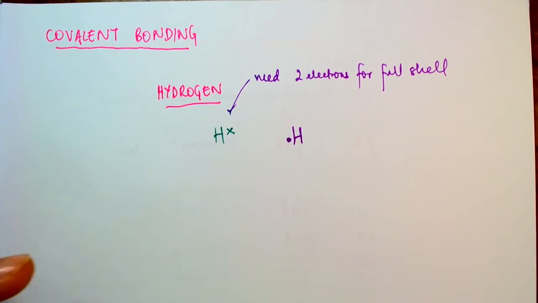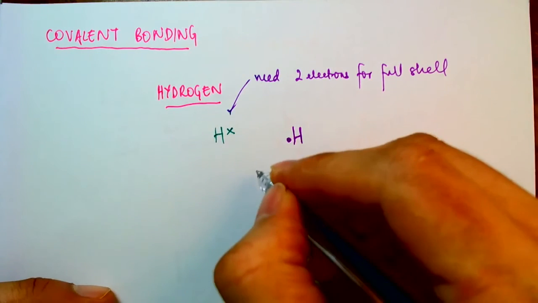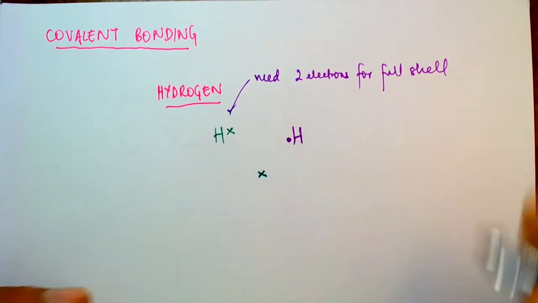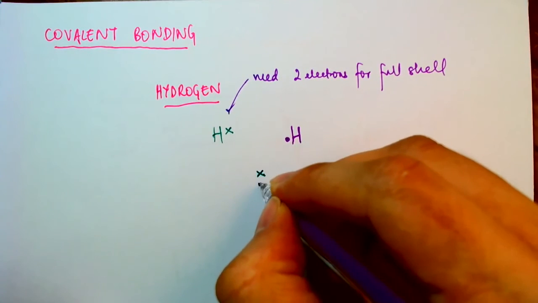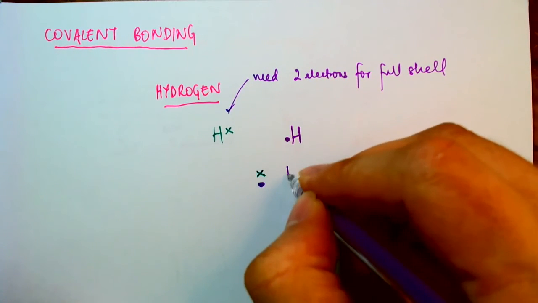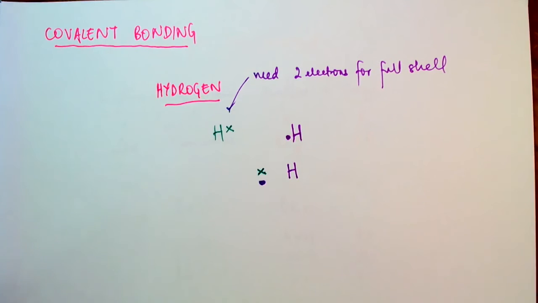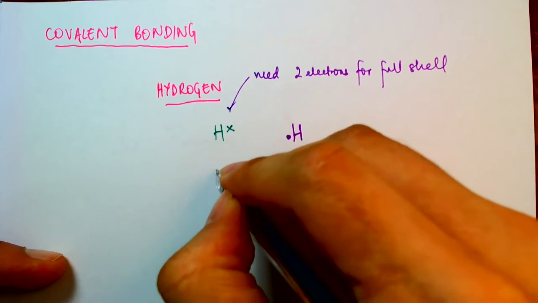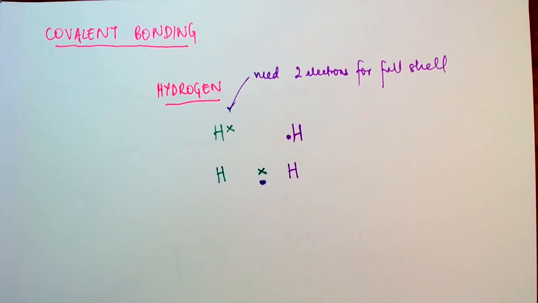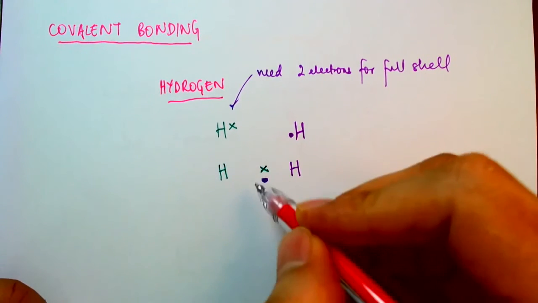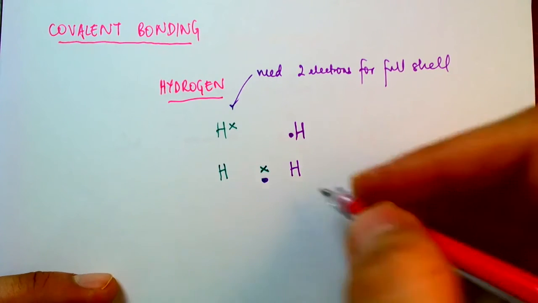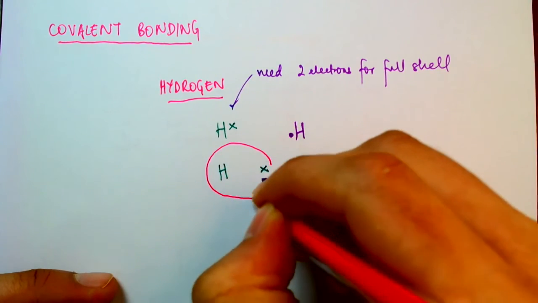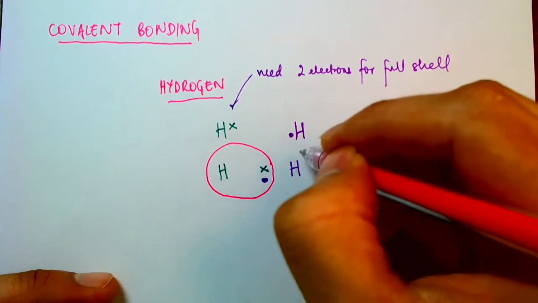So we'll put our electrons into a bag in the middle, just like a bag of candy, right in the middle. So green hydrogen's here, purple hydrogen's there, and there's this bag of electrons in the middle that contains 2 electrons. And then green will say, both these electrons are mine, and purple hydrogen will also say, both